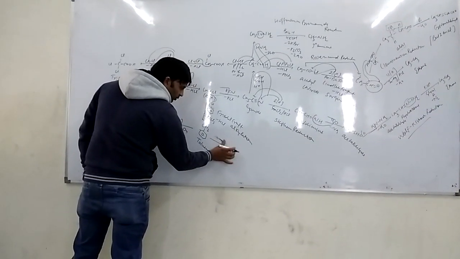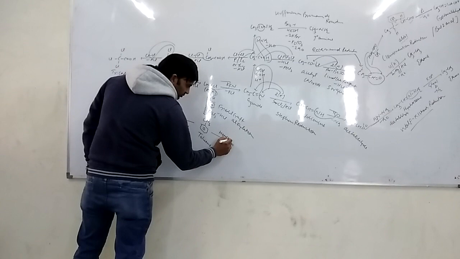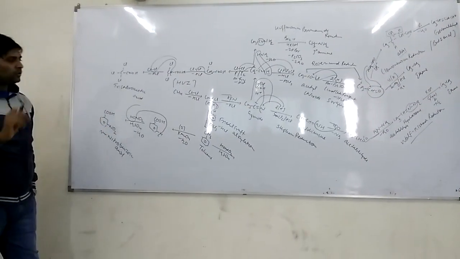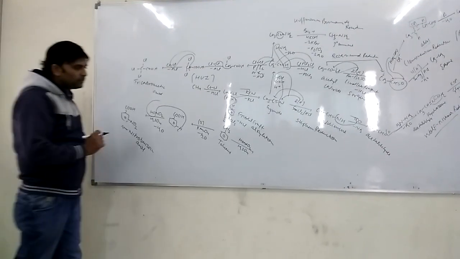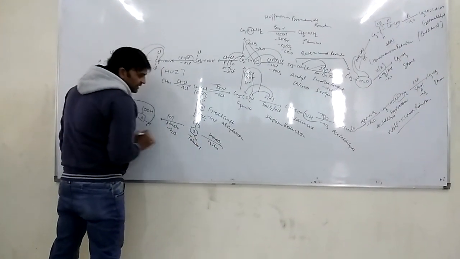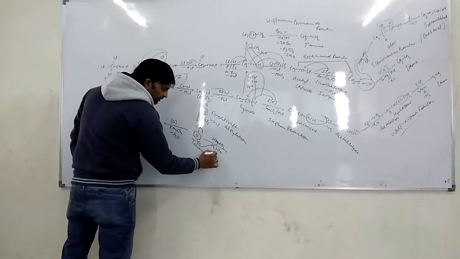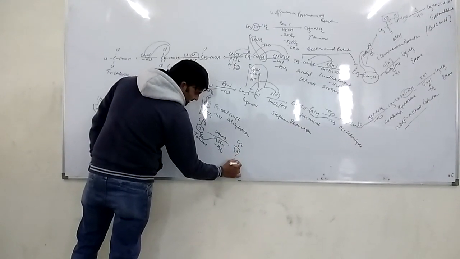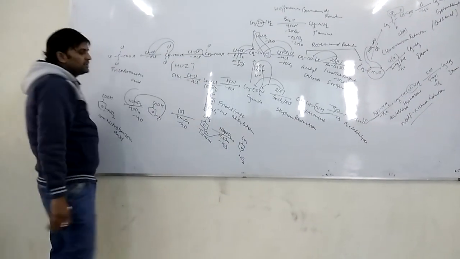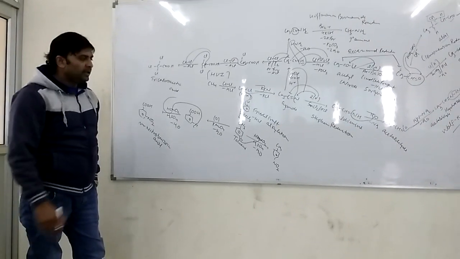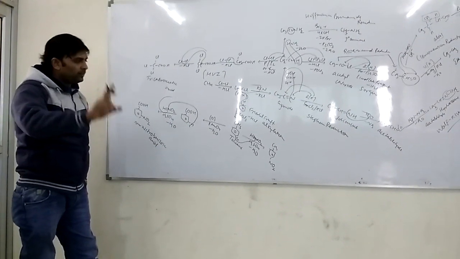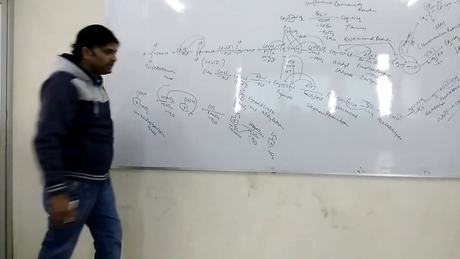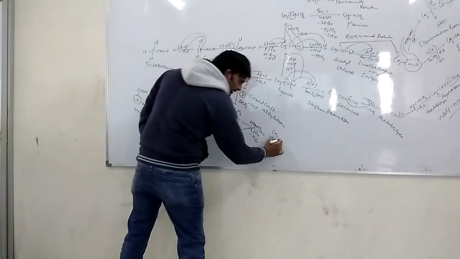This is nitration, HNO3, HONO2 in the presence of H2SO4. If you want to attach this NO2 at the para position, you know hydrogen is present at para, so you will release a water molecule in this way. This is CH3 and this NO2 is attached at the para position. You can see this is para nitrotoluene, but we require para nitrobenzoic acid. This is meta nitrobenzoic acid and this is para nitrobenzoic acid. We have to prepare para nitrobenzoic acid.